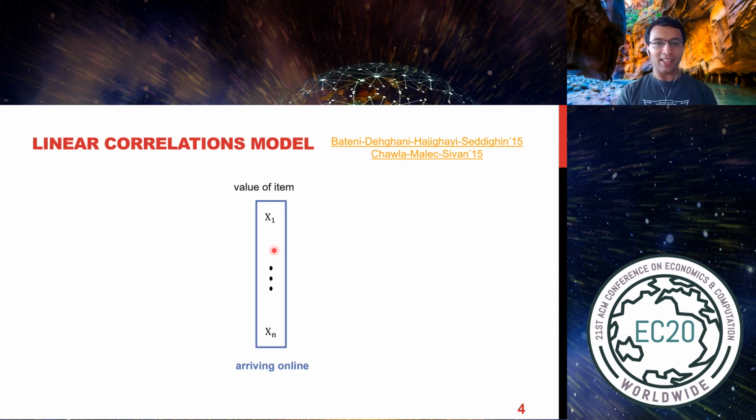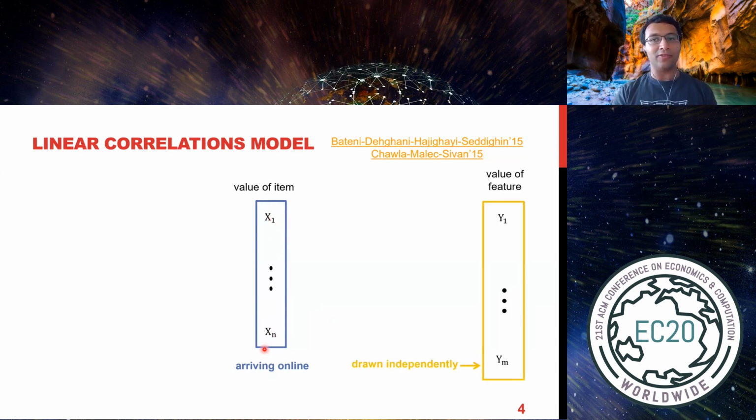You have these x1 to xn, the values of the houses, but now they need not be independent. They are being revealed to you one by one, x1 to xn, as before. There are also some independent features on which these variables depend. What are these features? They could be the size of the house, how much you value the size of the house, or many other things. These independent features will determine x.